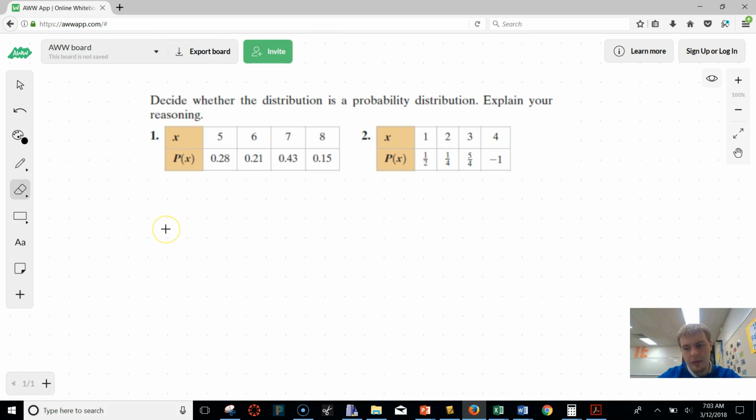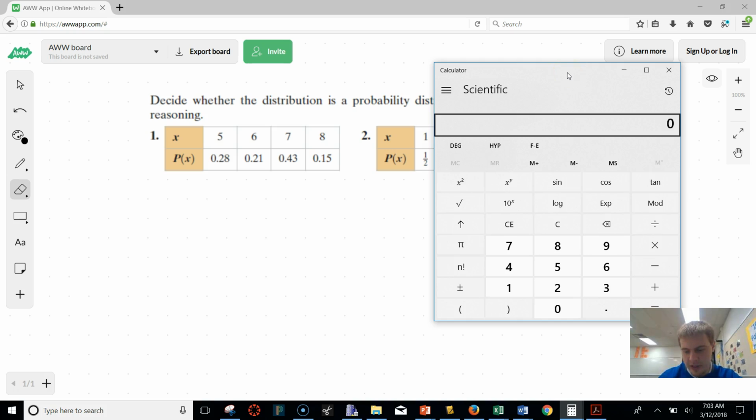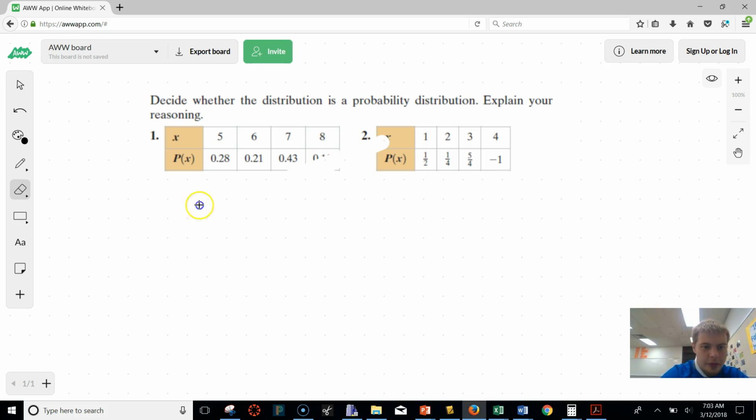So we have to decide whether these are probability distributions. So the first one we're going to check. And again, the first thing that we should know is, does this add up to 100%? And no, you can't have 117%. So nope. Can't have